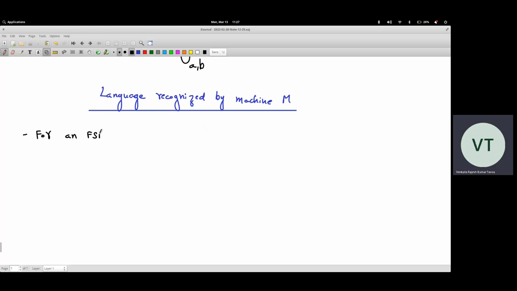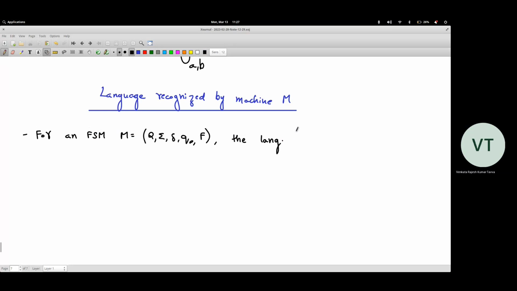For an FSM, M equal to the 5-tuple Q, sigma, delta, Q naught and F, the language recognized by it is defined as